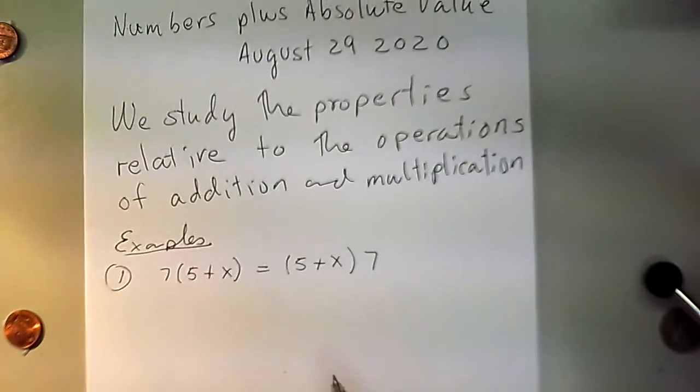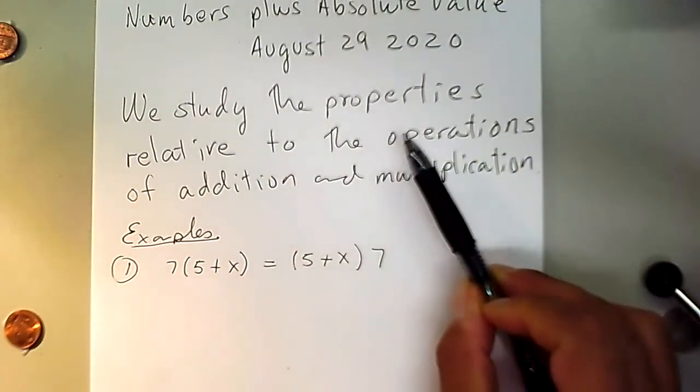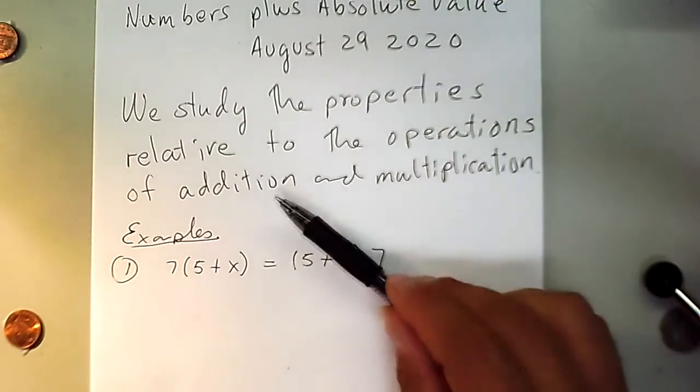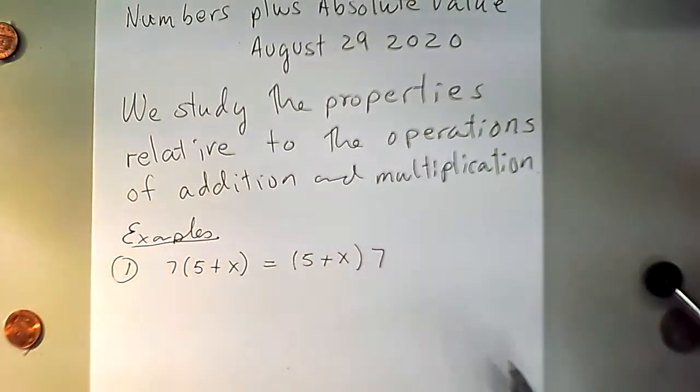And by the way, by properties of real numbers, we mean the properties relative to the operations of addition and multiplication. Real numbers have many properties. For instance, they are very dense. That means whenever you have two different numbers, there's a number in between. There are no gaps between two real numbers. There's a continuity through the real numbers. So there are plenty of properties of real numbers.